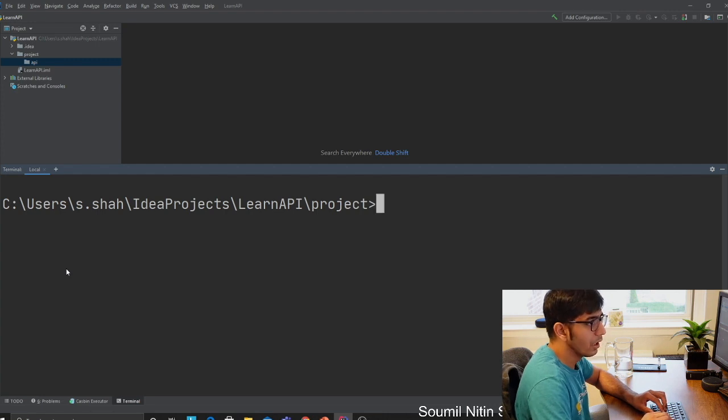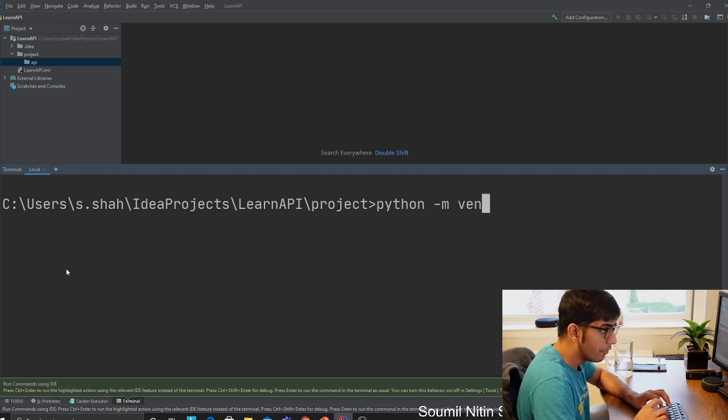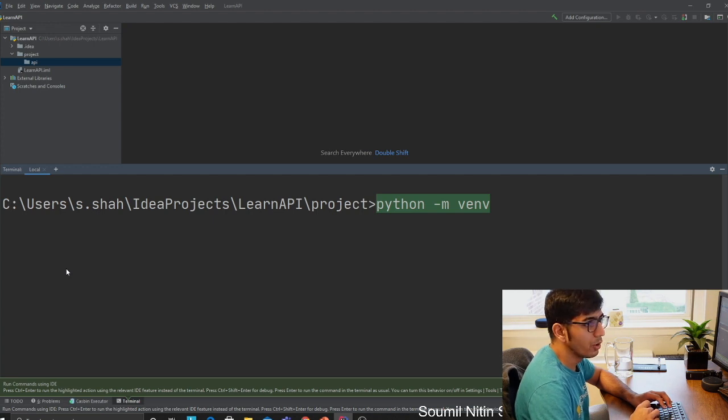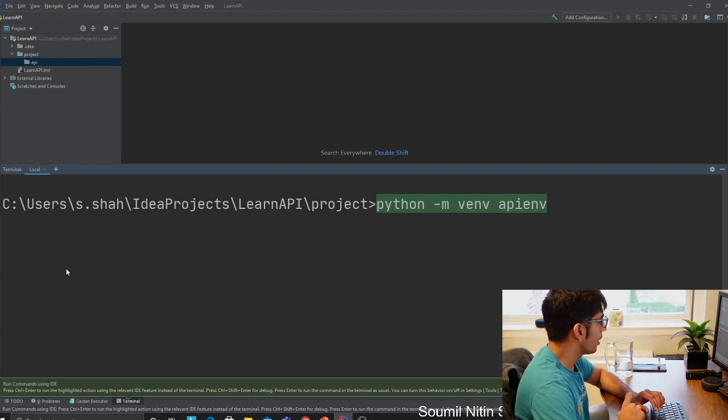So now let's create a virtual env. We would say python -m venv, and then you want to name the virtual environment. Let's call it api env. Once you do that, Python basically creates a virtual environment for you.